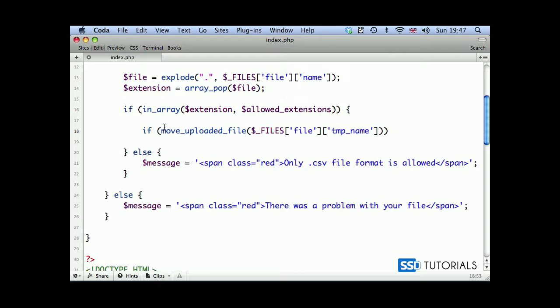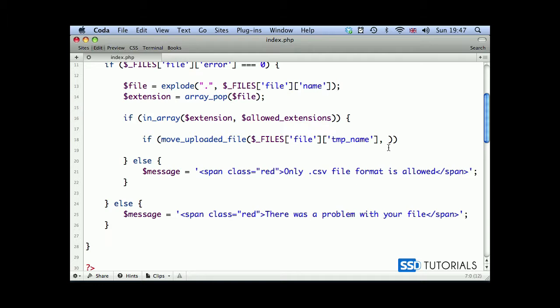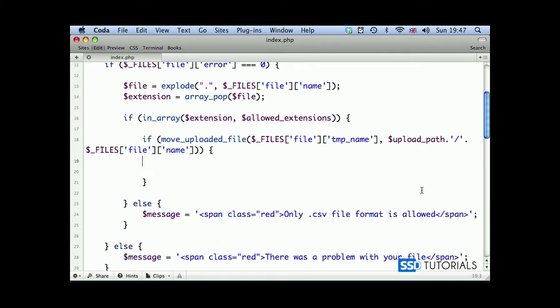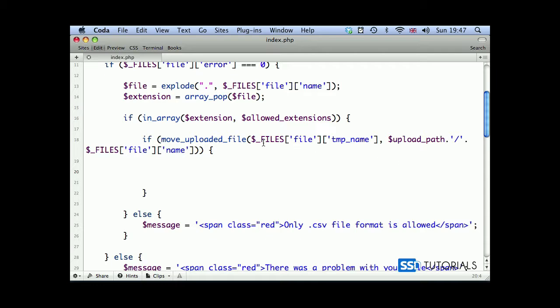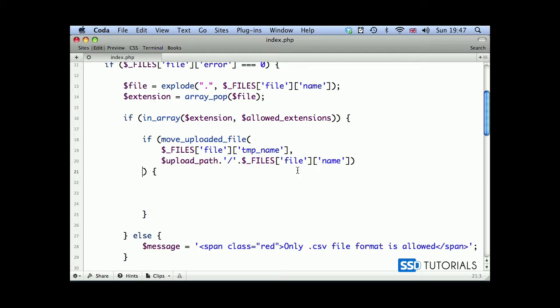So we take this temporary name with a path, and we want to pass it to our new location, which is upload path. So we do upload path, concatenating with the /, then we have $_FILES, and we're going to use obviously our file here and the name of the file. So if it uploaded, if it allowed us to move the file, I'm going to do it like this again